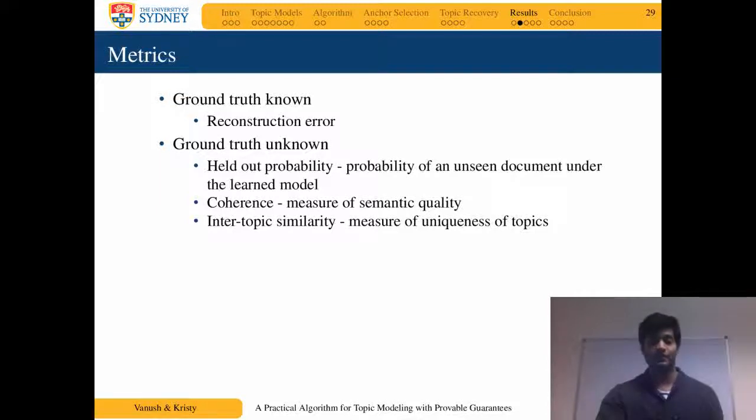If the model is good, then high probability words for a certain topic should co-occur frequently. This is measured by the coherence metric, which has been shown to correlate well with human judgment. Intertopic similarity gathers the set of the n most probable words and counts how many of these words do not appear in any other topic's n most probable words, thereby measuring the discerning power of a topic under the model. We can summarize this as the number of unique words across topics.